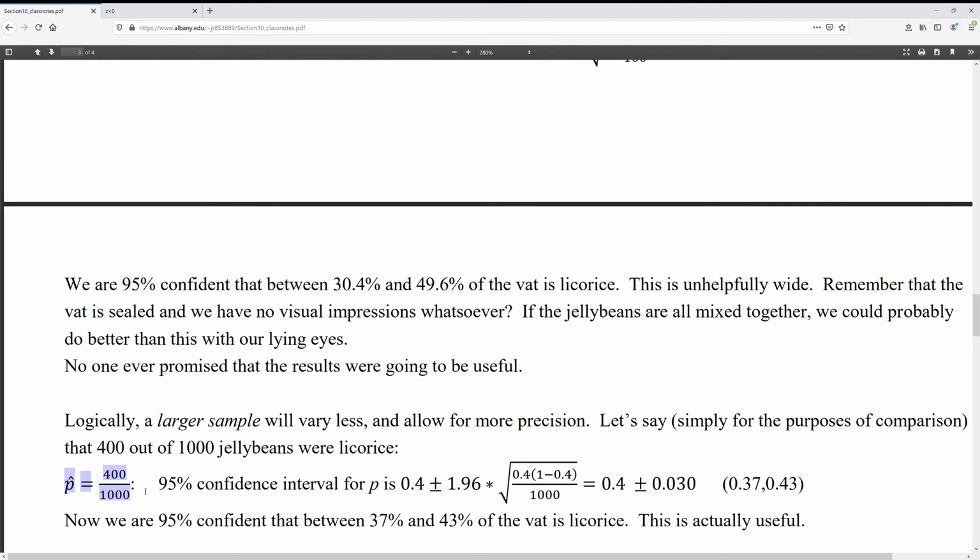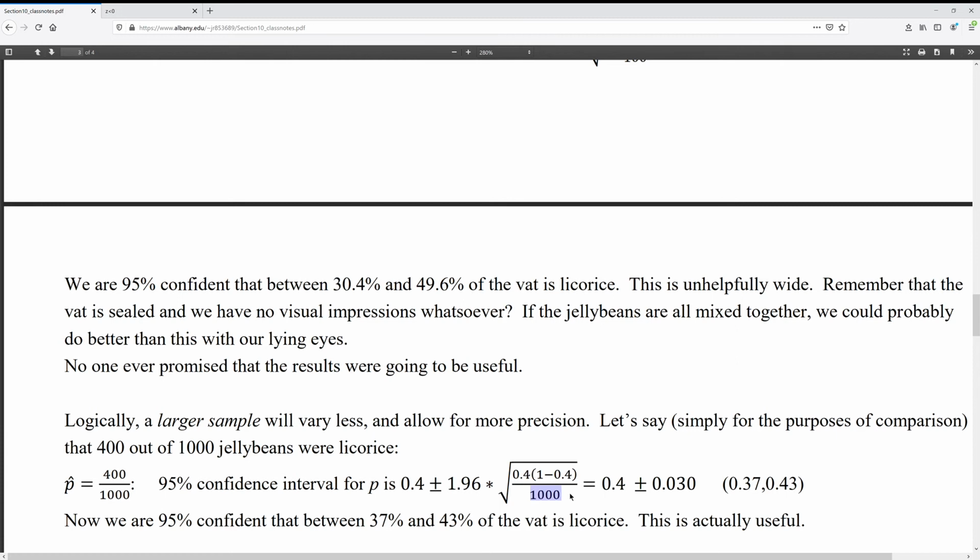What if that 0.4 statistic was the result of a larger sample? Well, the bottom line is that you've got something bigger on the bottom line, right? You're dividing by 1,000 there. Let me just do that really quick. 0.4 times 0.6 is still 0.24. Divided by 1,000 is 0.00024. The square root of that answer, anyway, is